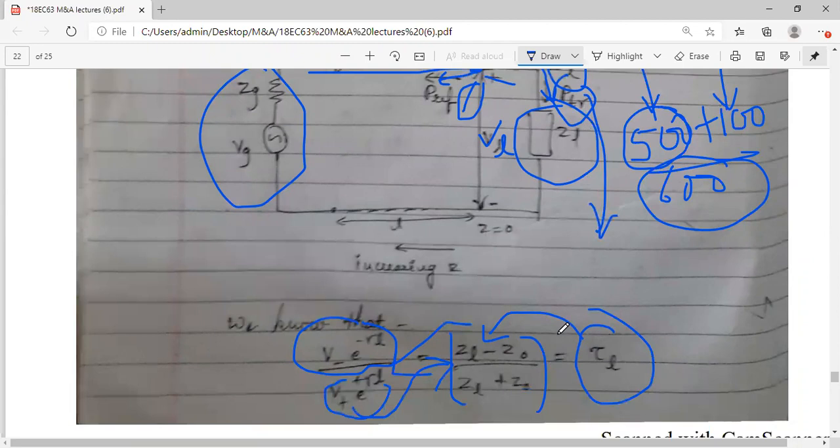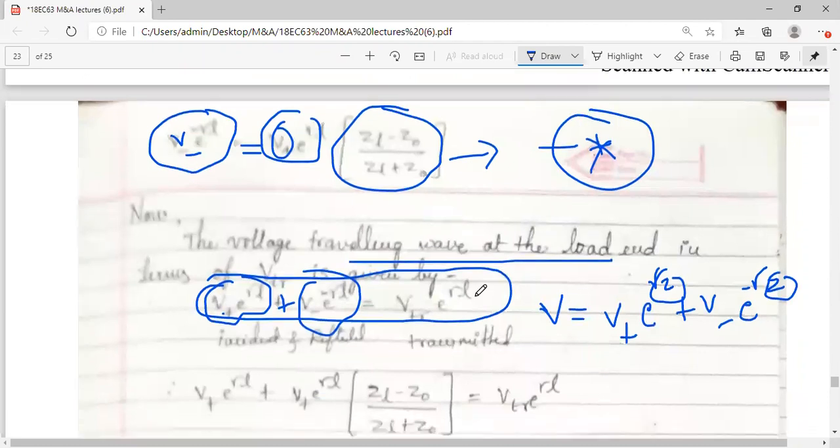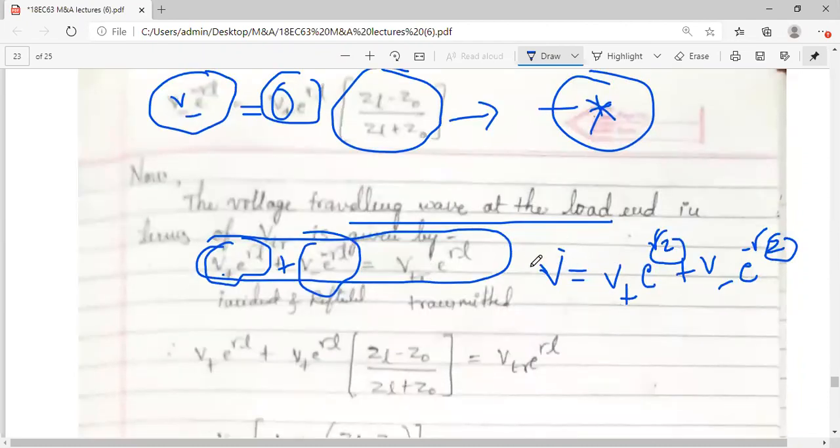So how much amount we have received, the load has received at the load end, because we are interested in the load end. So I'm replacing this V by VTR. Okay, VTR. And why this exponential term again? Because voltage is having both amplitude, because we are probably talking in terms of the electromagnetic waves, which is having its own amplitude and the phase. So let me take it as VTR as the amplitude and e raised to gamma L as the phase. Okay, incident, reflected, transmitted, three terms are there.